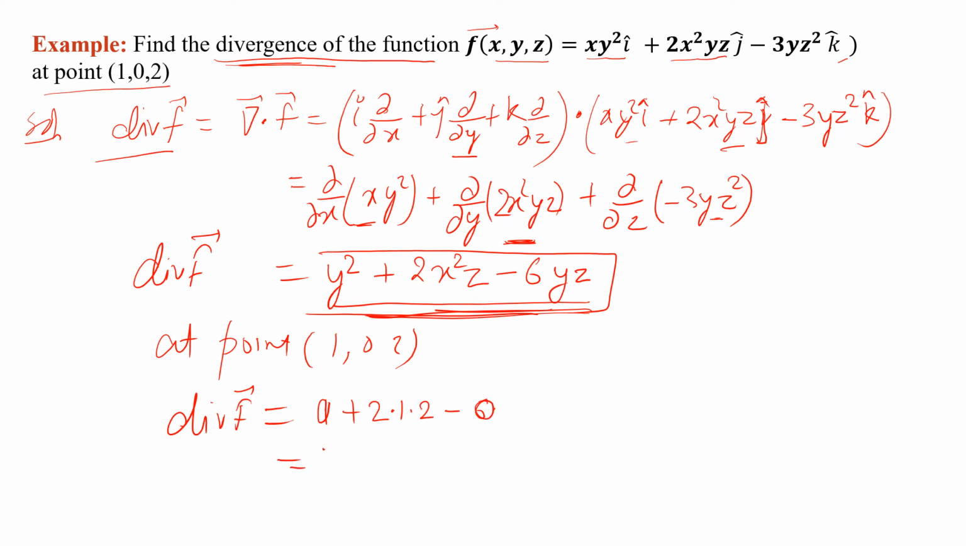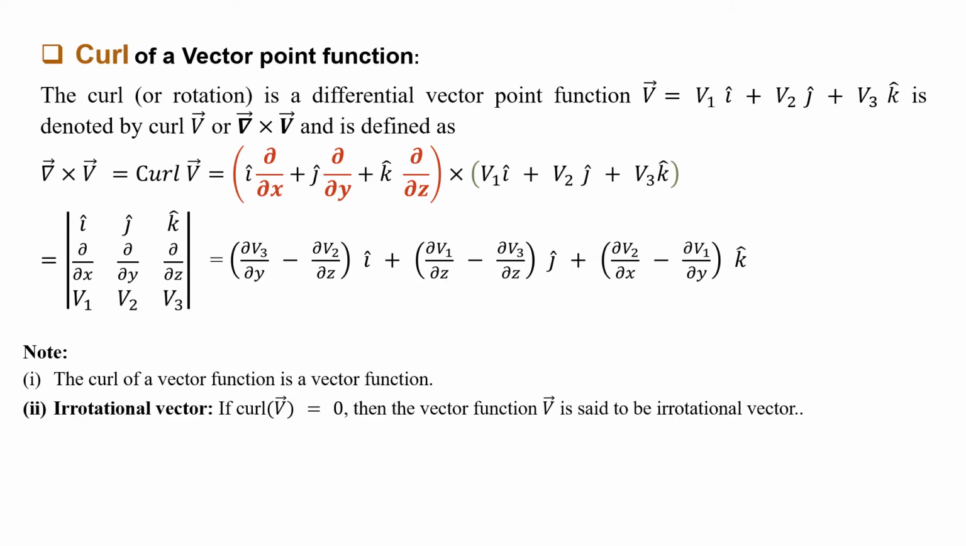So here we get 4. Now the curl of a vector point function. The curl, or sometimes called rotation, of the differential vector point function v, which is v1i plus v2j plus v3k, is denoted by curl of vector v, or we write the del operator cross product of vector v, and is defined as